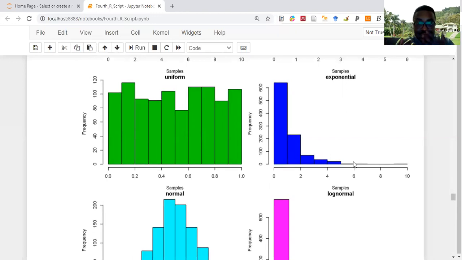So this tells us that if I want to do the Monte Carlo simulation and I want to consider fairness, I wouldn't simulate from the exponential, because numbers that are very small have more chance of being selected. So if I wanted to say that if something is greater than 6, then something should happen,